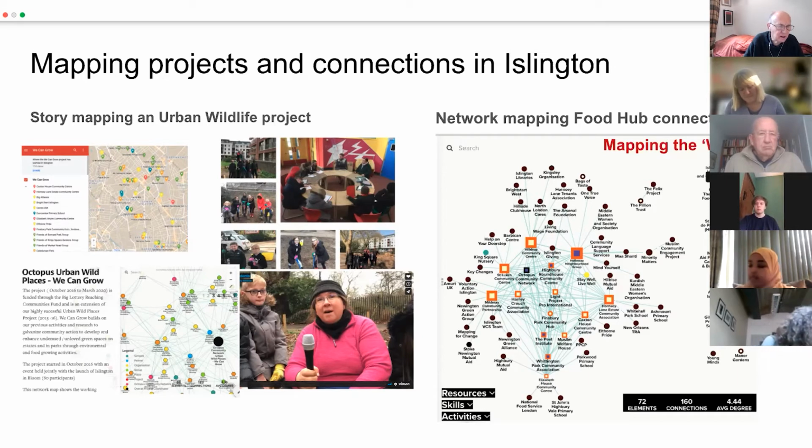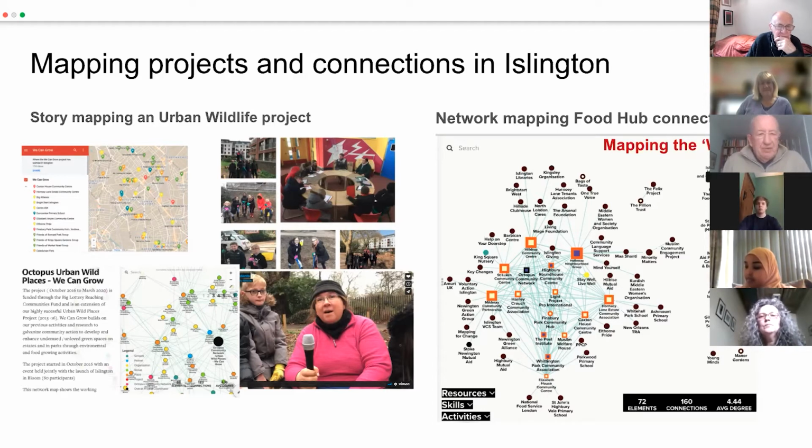But thirdly, Drew did a network map showing how over 3 years the connections between the community gardens and the estates developed. And also Drew, following on from that, has been mapping the community networks and their role as food hubs. Do you want to pick up on that, Drew?